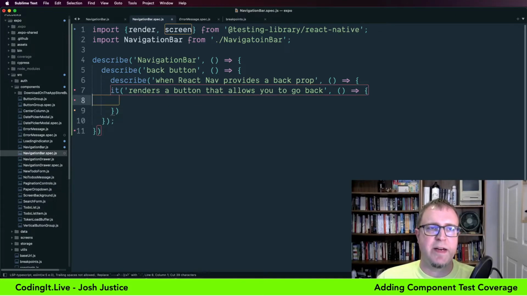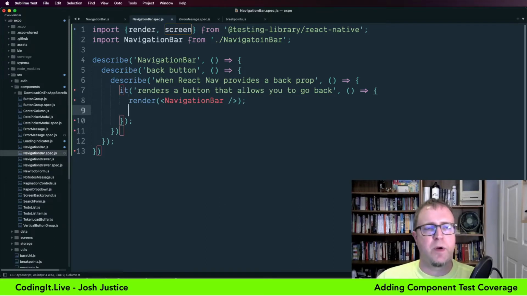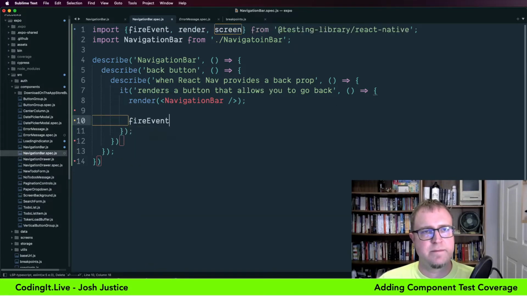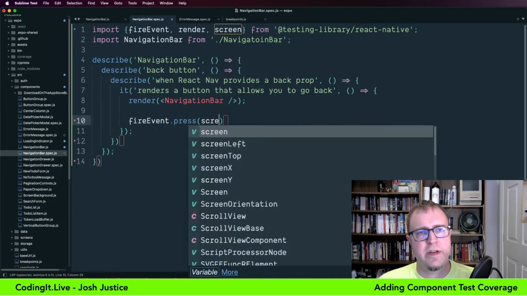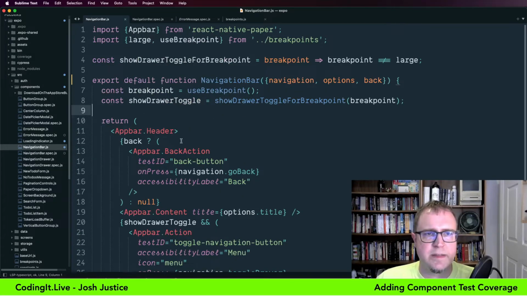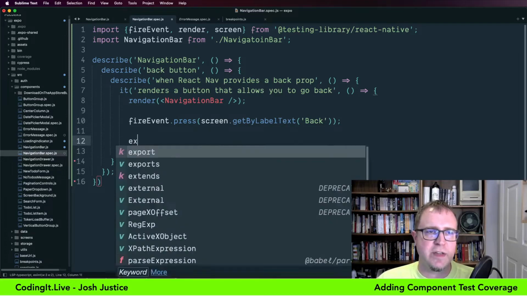Cool. I think combining all that into one test works out well. So I want to render it, and then I want to call fire event press on screen. Oh, how do I want to get it? Accessibility label back. Again, I do need to learn get by role, but for now we'll do that. Get by label text back. That is again giving us some degree of accessibility to make sure that the back text is available to the user. So when that happens, I want to make sure that expect